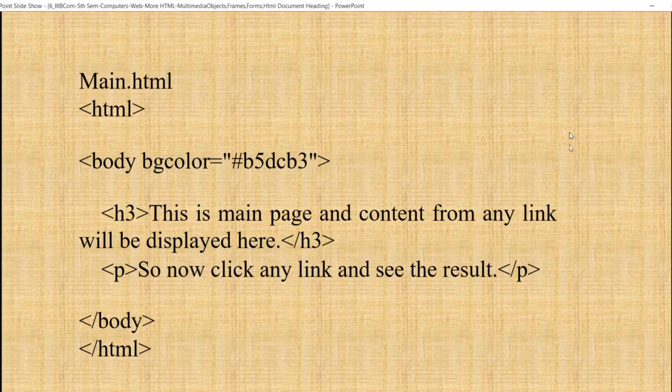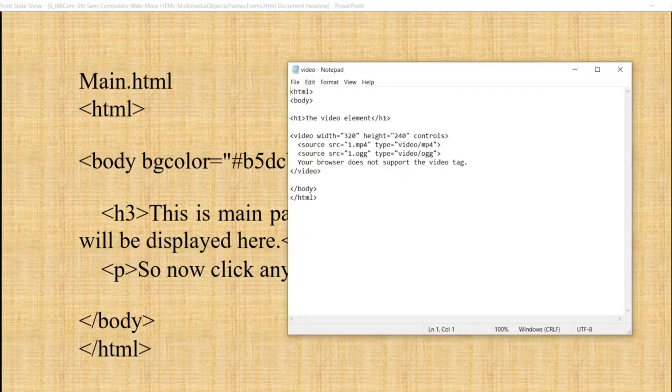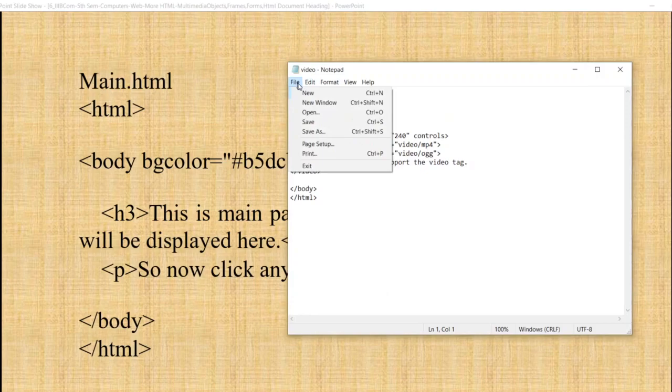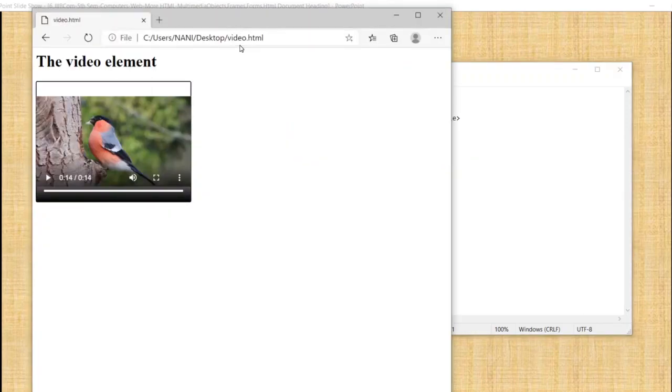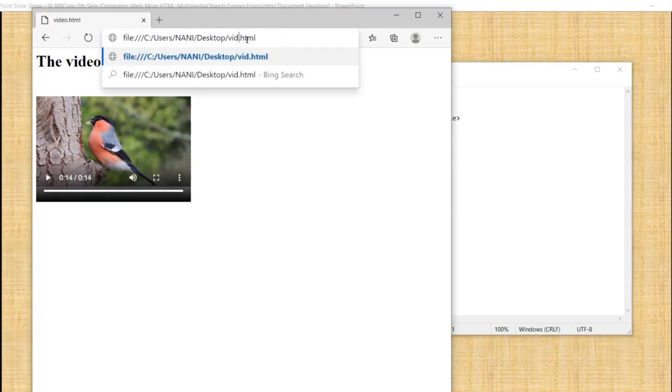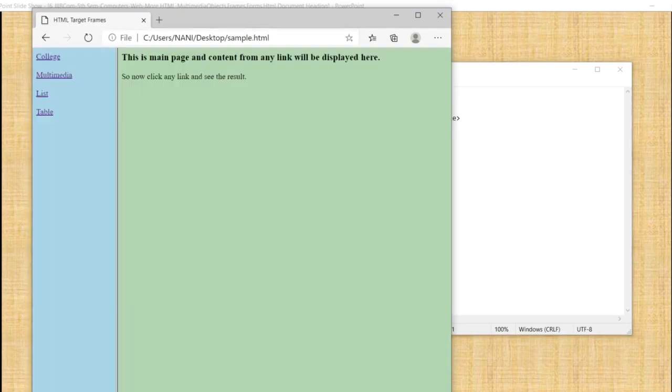So see the program. This is our program. Let's run. Program name is sample. If you observe this, I have created 2 frames.